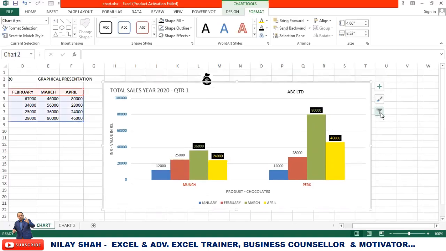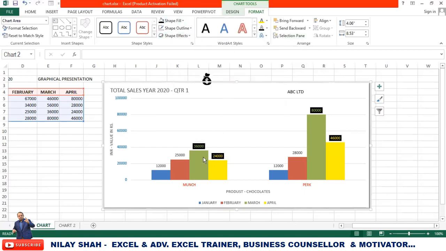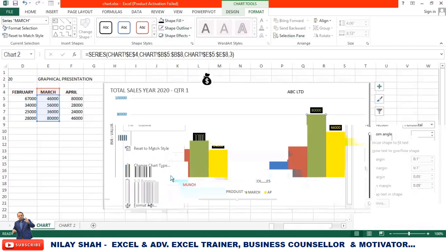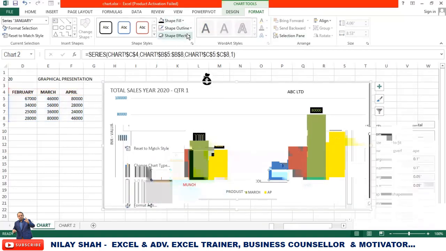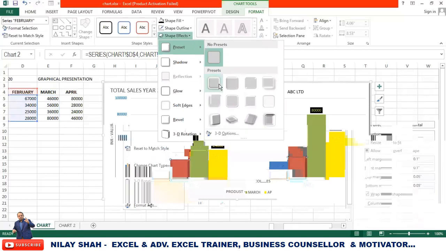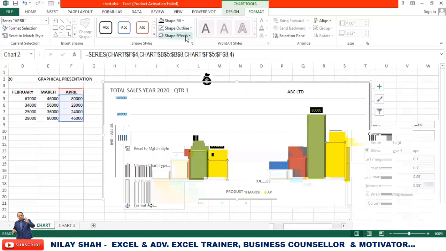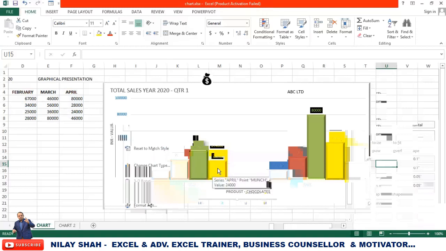But yes, to be very honest, when you are working on your chart, try to make it more attractive. So this is all about your charts. For example, these are your poles and you want to put the same as like this. Select any pole. You can see I've selected this one. Once again, shape effect and this one. So it comes with something unique, something different, and that is what it is all about. You can see I've given some preset options. So here you can see something which is quite different.